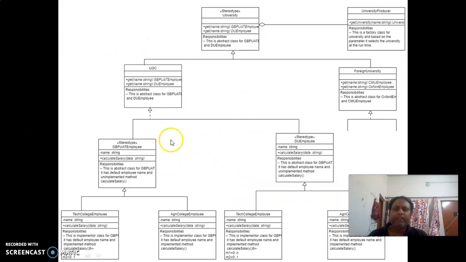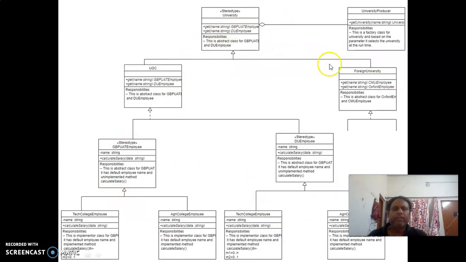Here I am representing a list of classes which are linked with each other and are part of the system. This rectangle is a representation of a class.